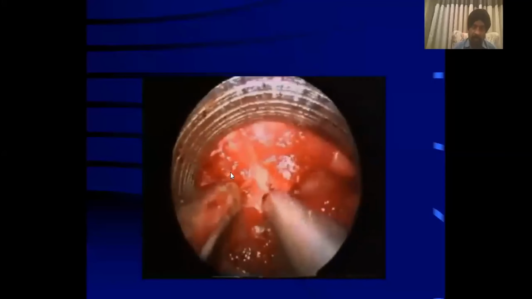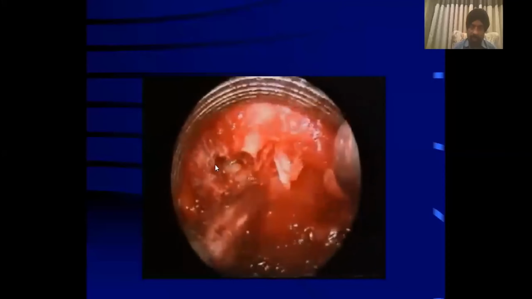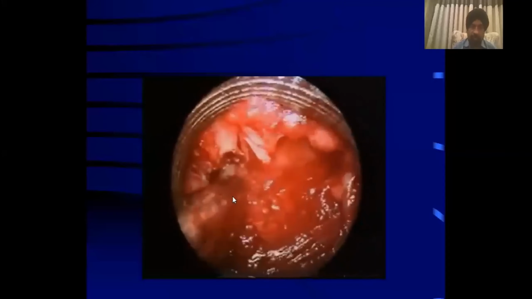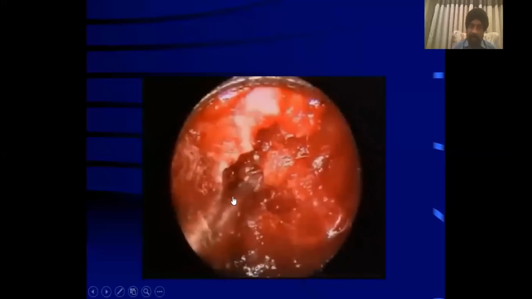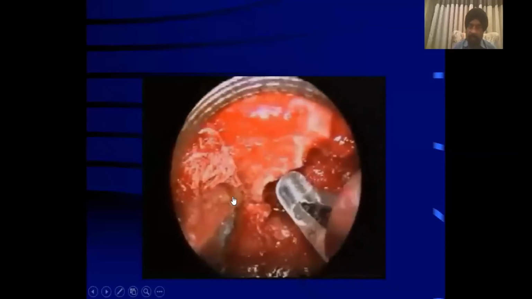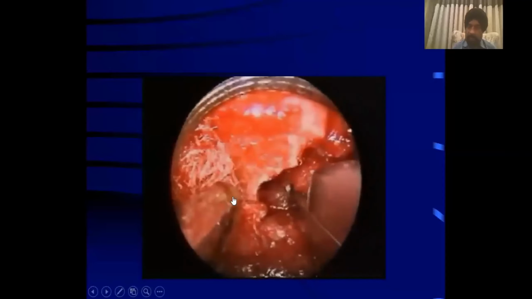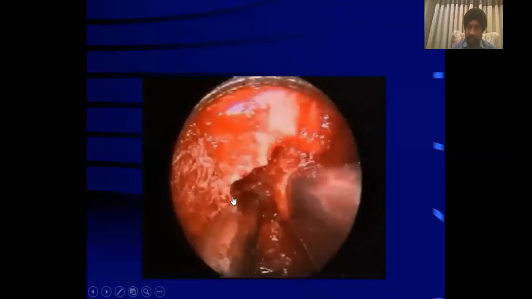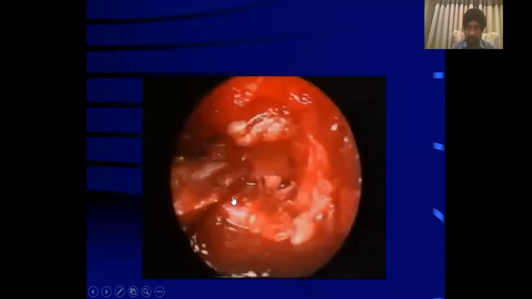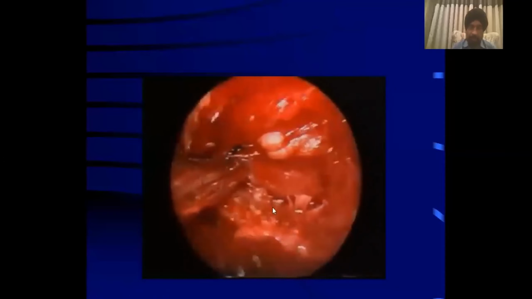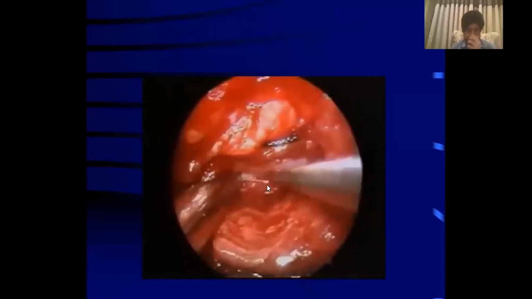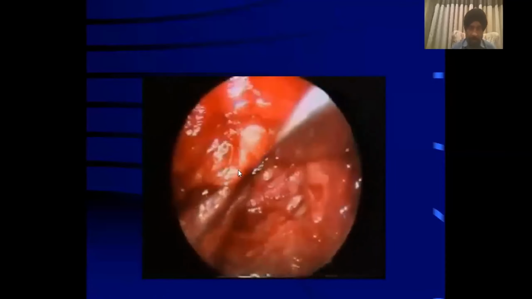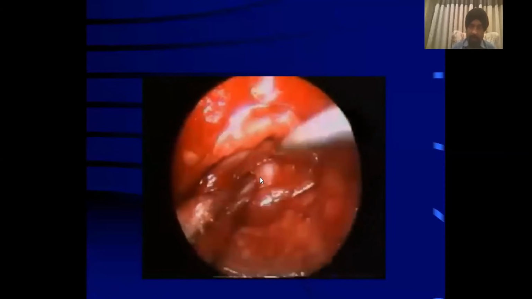We start along the lower border of the lamina, as we do in microdiscectomy, and remove the bone up to the upper limit of attachment of the ligamentum flavum. The medial facetectomy is performed with the same Kerrison punch or the drill, and the dura is exposed. We go up to the lateral edge of the dura to identify the nerve root.